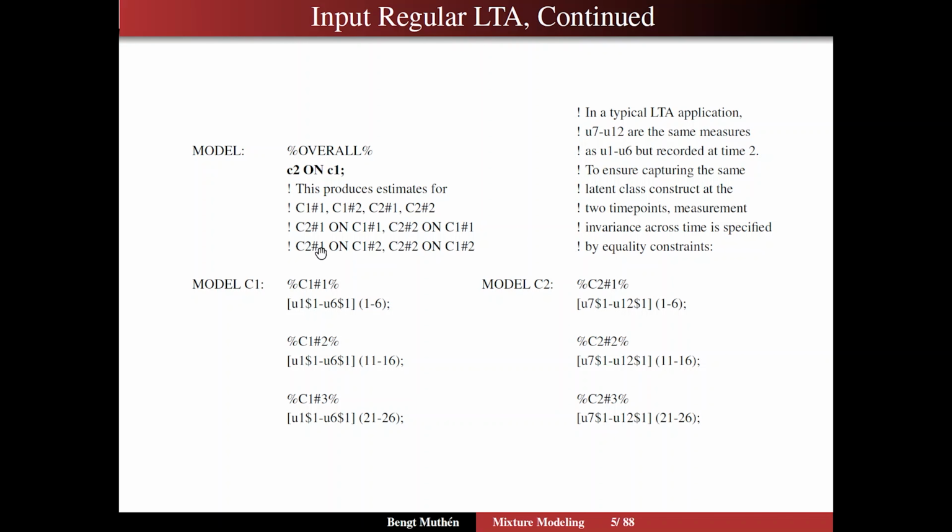So the first and the second row of the regressions. That's what C2 on C1 implies, but it also implies these values for C1 and C2. So C1 class 1 and C1 class 2, those are the initial status